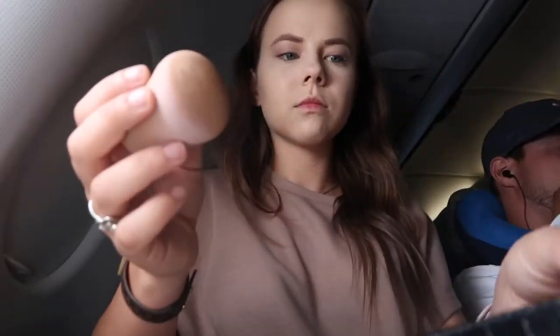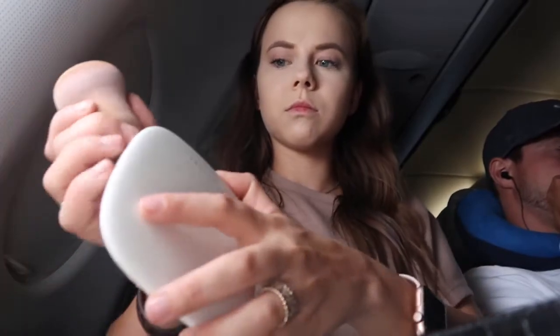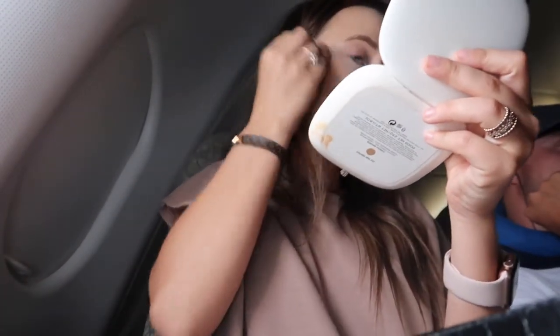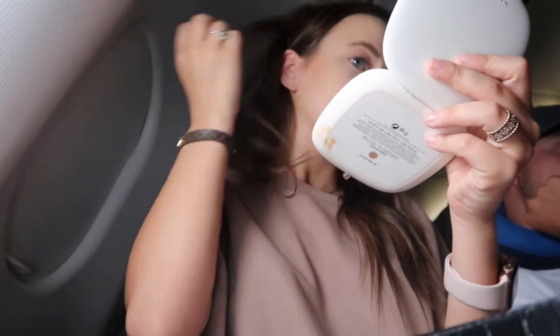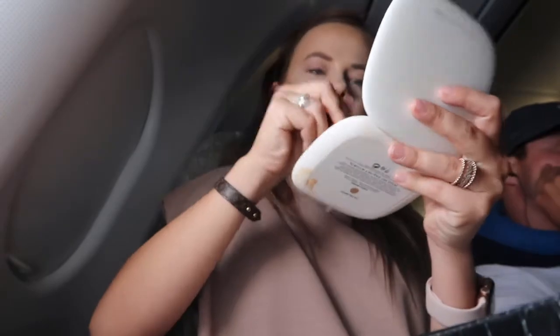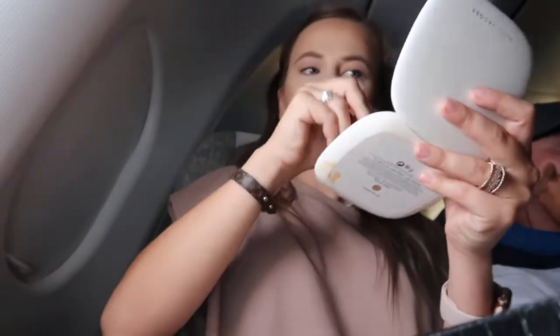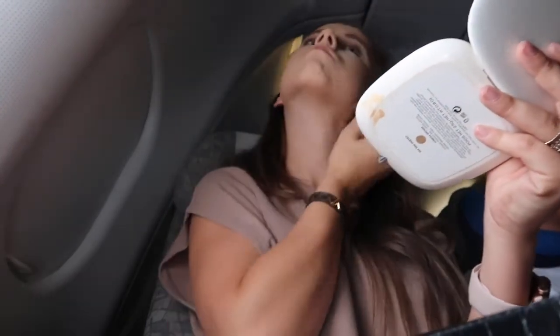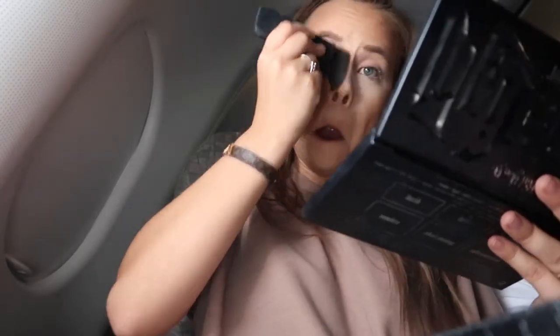Now we're going to use some powder to dab all over my face. But I gotta get my mirror again, because I'm flying in the sky and can't see anything. Gotta do the cheeks. Gotta make it blend in at the top of the hairline. Get your little concealer on your cheeks. Gotta make sure you rub it in good. I'm pushing just a little too hard, but...